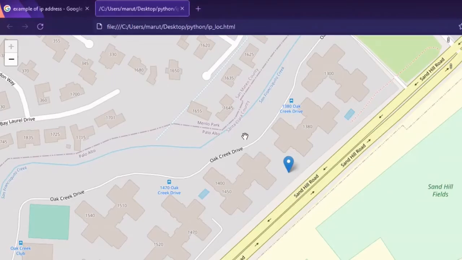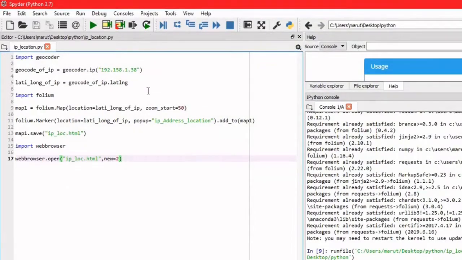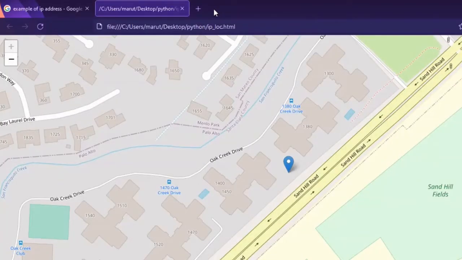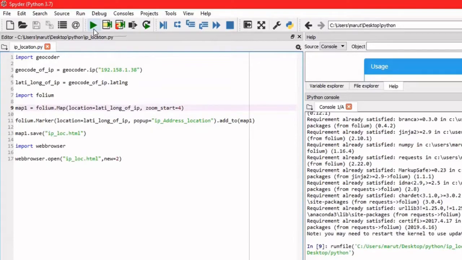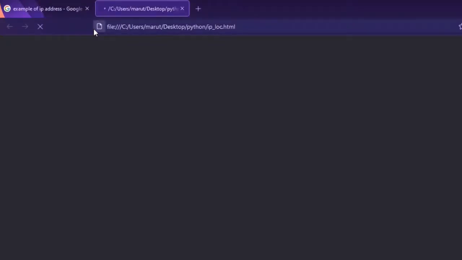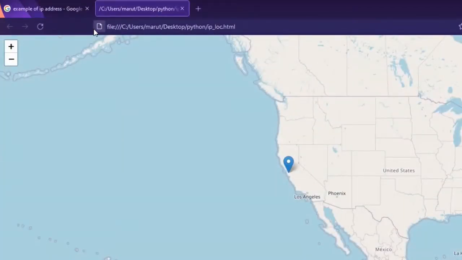The same thing we can do with zoom out. If I give a zoom of 4, let us close this first. Okay, run this program again, then you can see the difference in the starting zoom. See, it is already zoomed out and showing you the location.